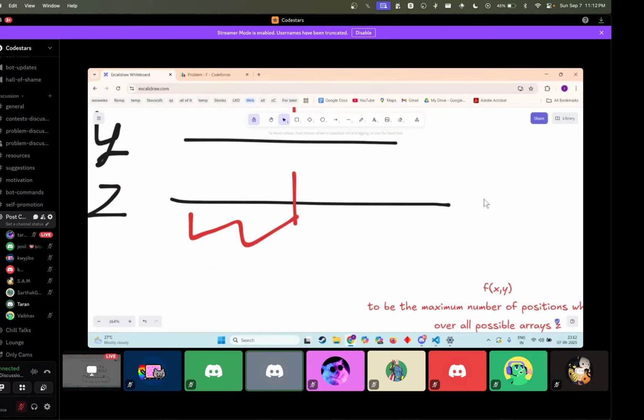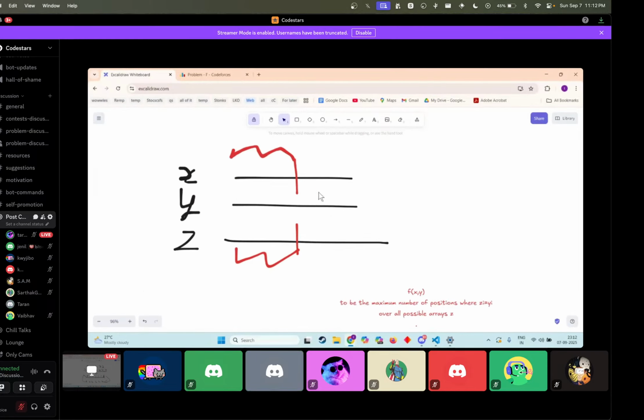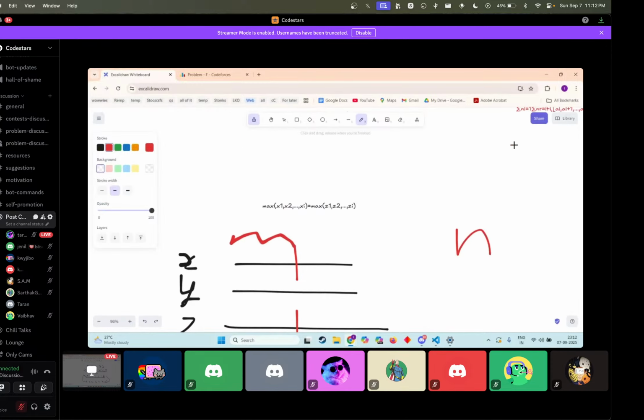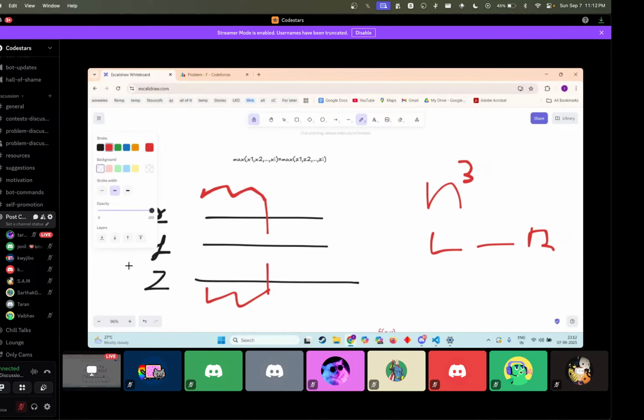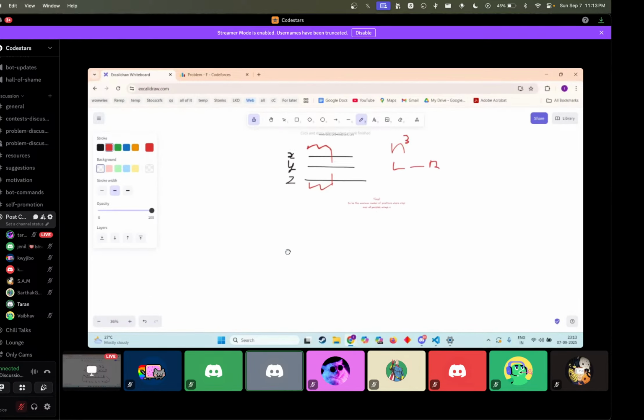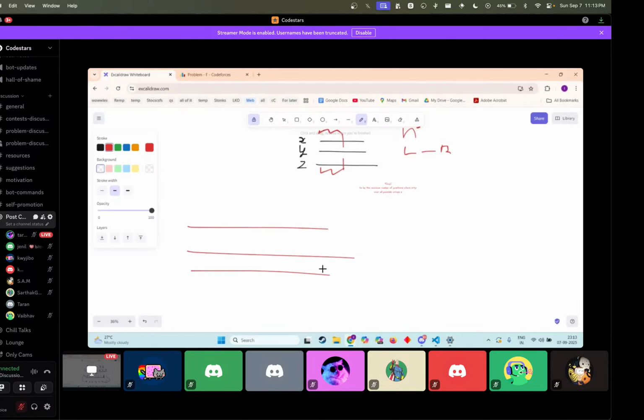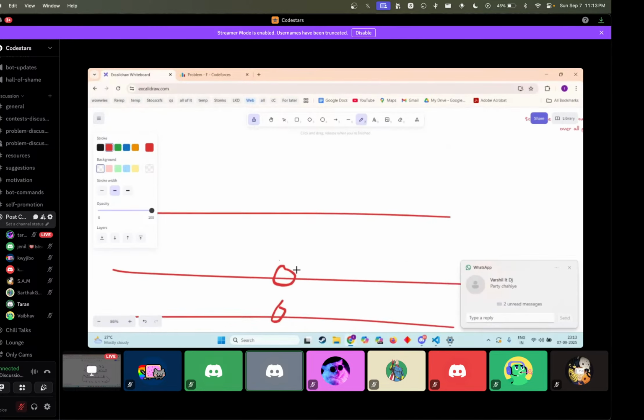So my first intuition would be an O of n cube solution where for all L to R, I check the maximum Z I can make such that f of x comma y is maximum, right? For any given x comma y, my Z can be the same as y only when,